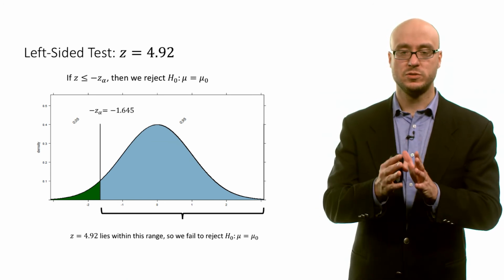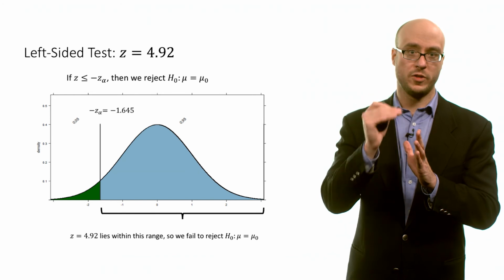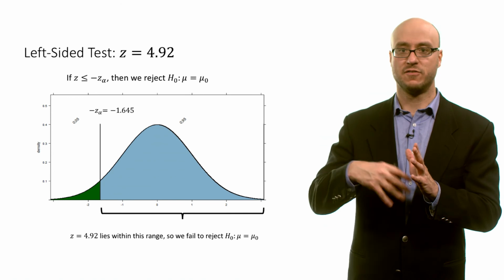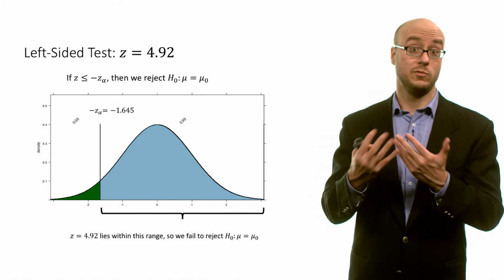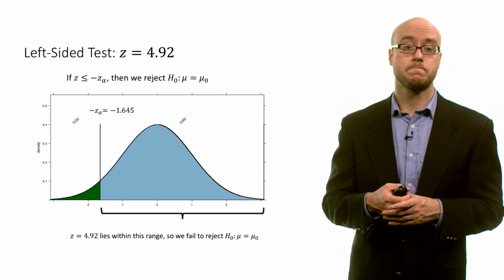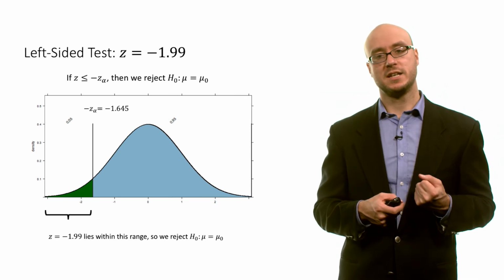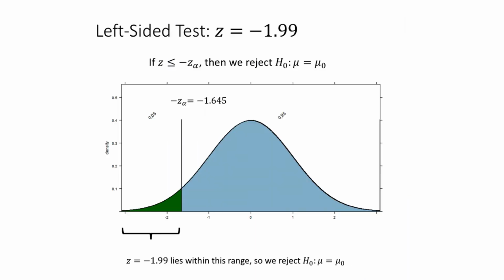That's because for a left-sided test, we're just interested in whether or not the population mean is less than the claimed value of the null. And so when we have a z-test statistic of 4.92, we're not going to reject the null hypothesis. For a left-sided test in which we have a z-test statistic of negative 1.99, you can see that it does lie within the rejection region, meaning it's more negative than negative 1.645. And so we're going to reject the null. That's because for a left-sided test, our alternative is that the population mean is less than the claimed value